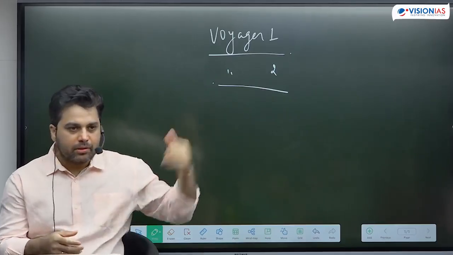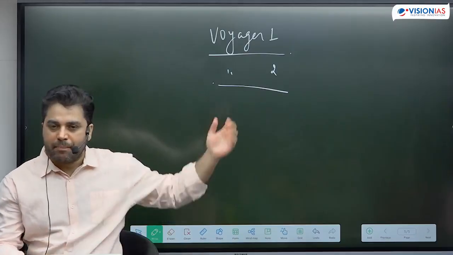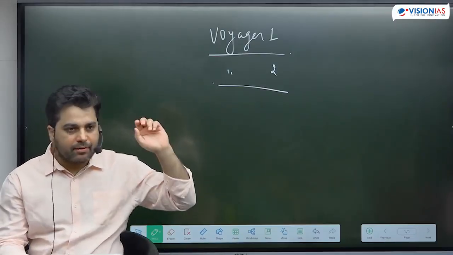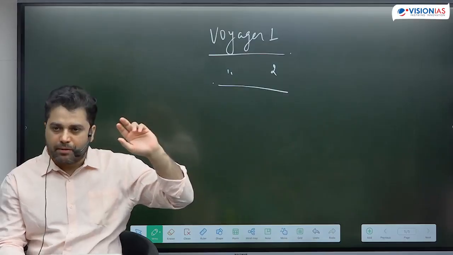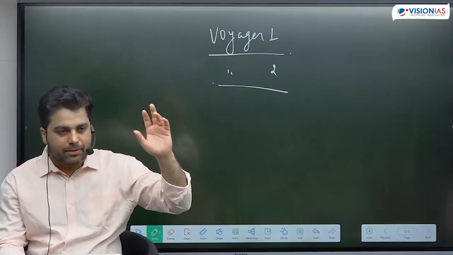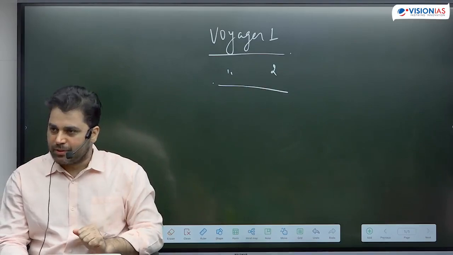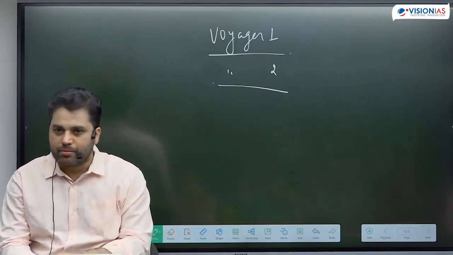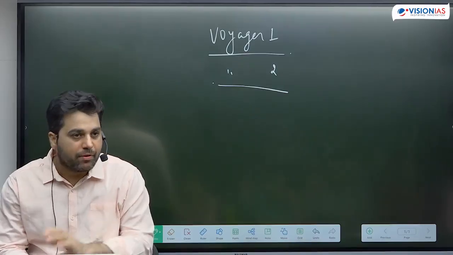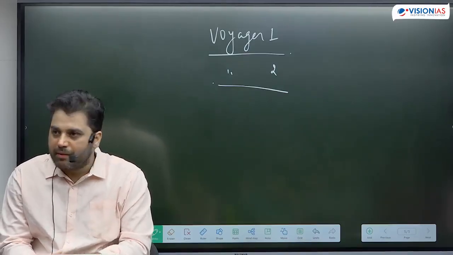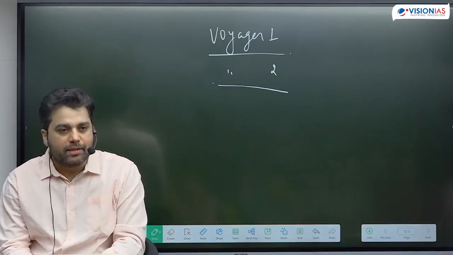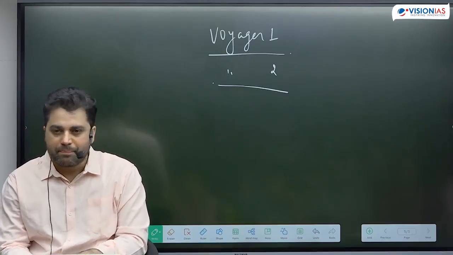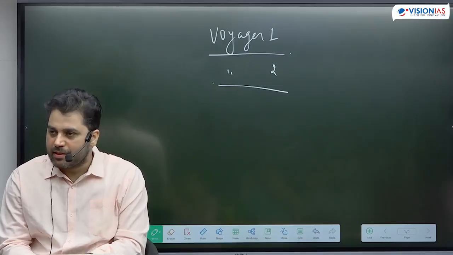In fact, both of them were in the news in the last few months. For a brief duration, the signal was lost. There were some problems in the signal processing, and NASA has rectified those problems. So because of that also these two missions were in news. Launched 40 years ago. Now I have a question: what is the source of energy for Voyager 1 and Voyager 2? Because they are not part of the solar system.